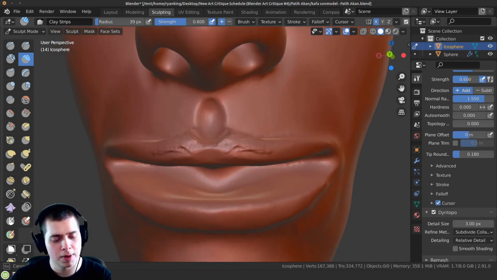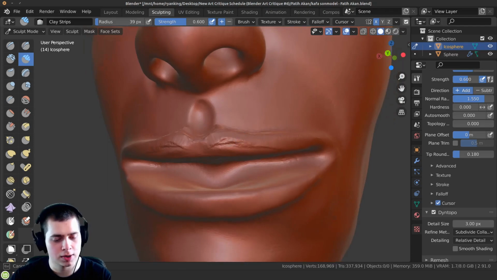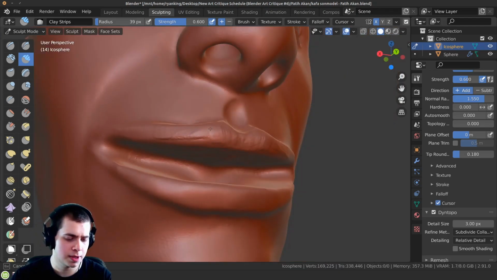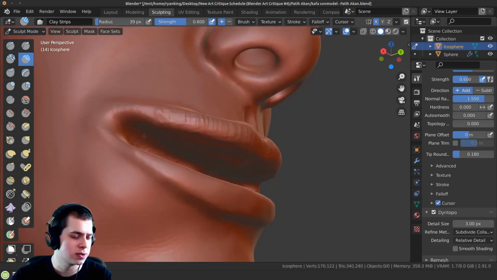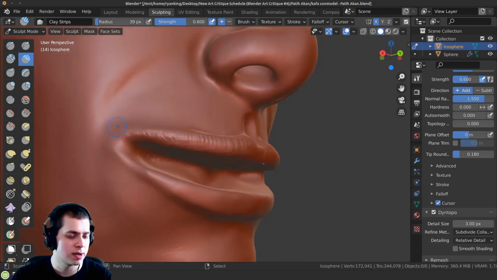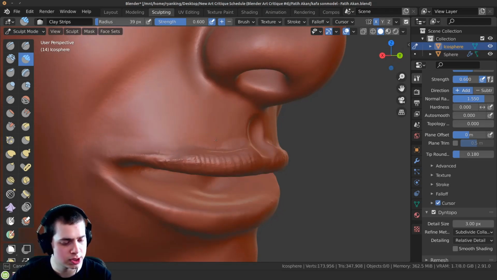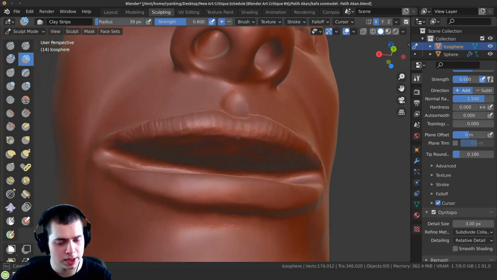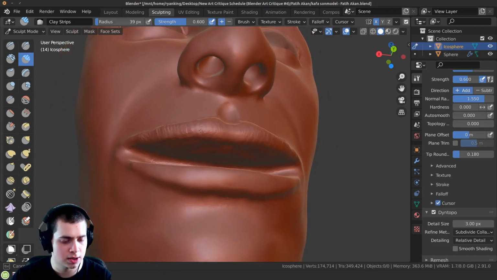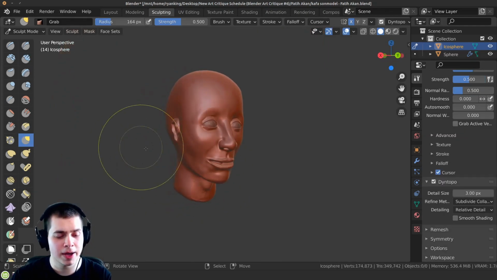And then kind of have this bump out up a little bit before it kind of goes down. And then just doing the same thing basically, so sculpting along the form of that. And then as it goes out to the side of the mouth here, it's going to be thinner and thinner. So you make it even, like hold down the Control key and kind of push some of that back in. And then right out here, make it a little bit thicker. So you can see that already is looking a lot better.